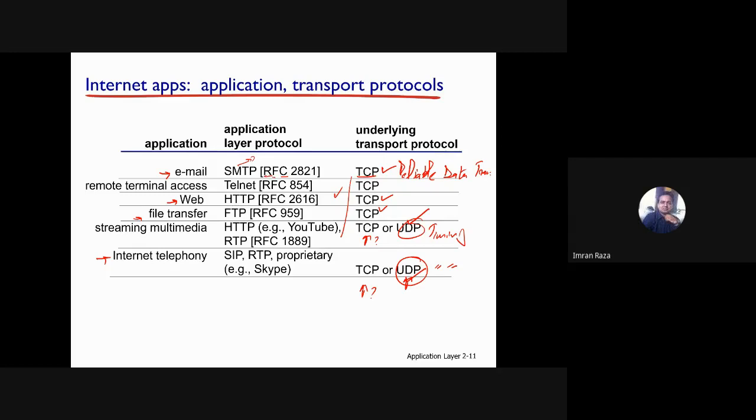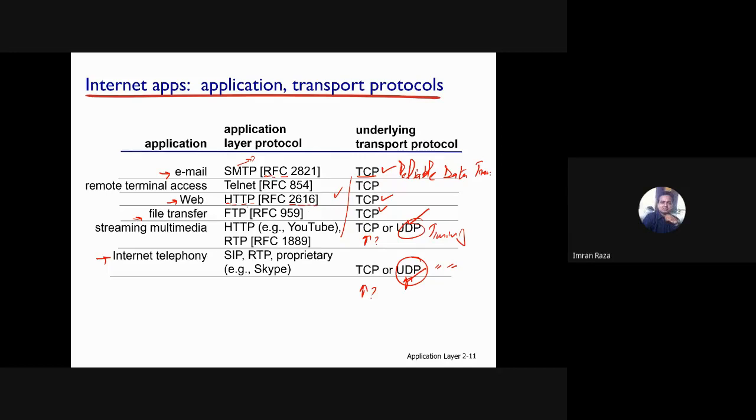Similarly, for the web, I need to implement the Hypertext Transfer Protocol. As I mentioned earlier, its details are given in RFC 2616, and there's another RFC not listed here, 1945.